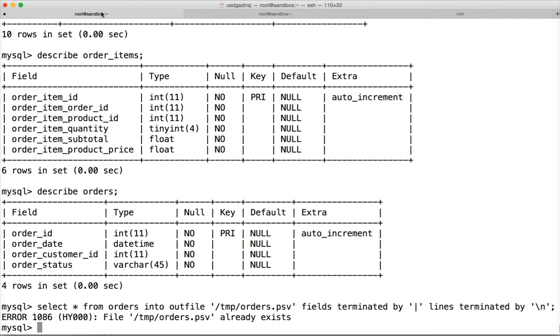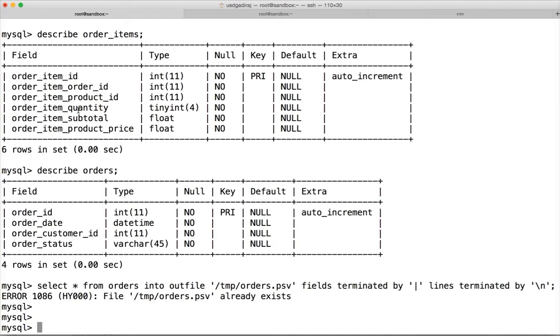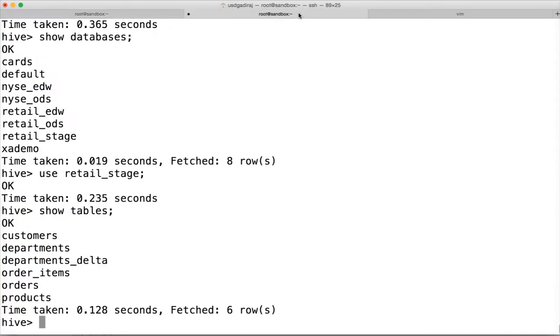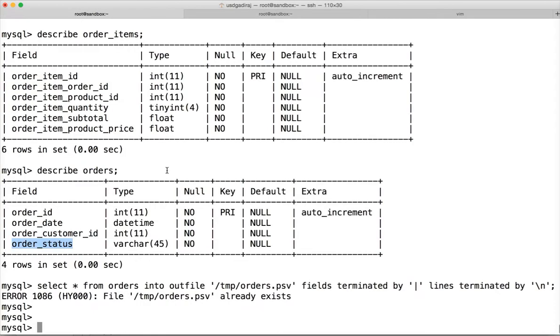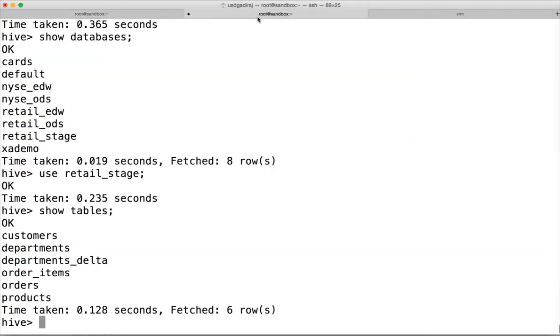Let me review the orders first. You can see that orders have 4 columns: order ID, order date, order customer ID, and order status, and the data types are int, datetime, int, and varchar. Now if you go to the orders table in retail_stage, we are under the retail_stage database, and if you describe formatted orders,